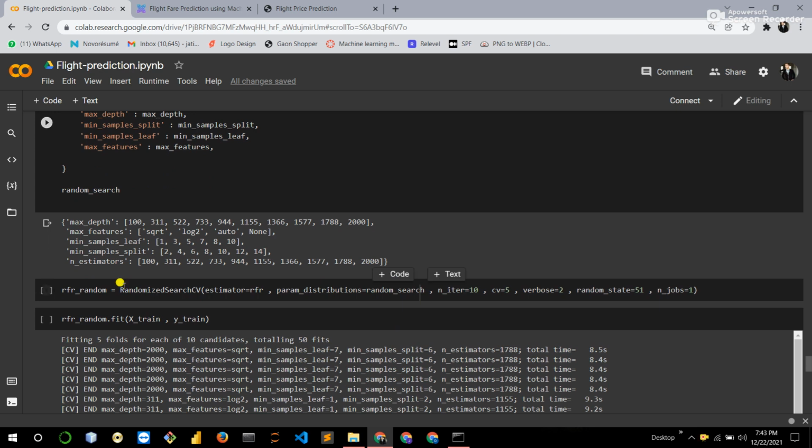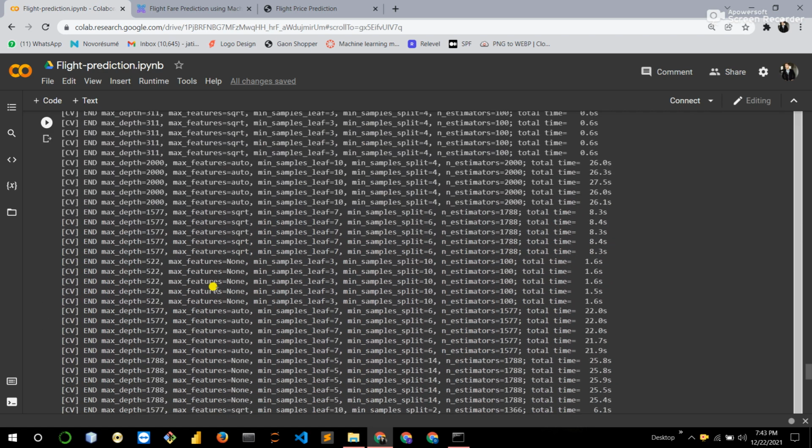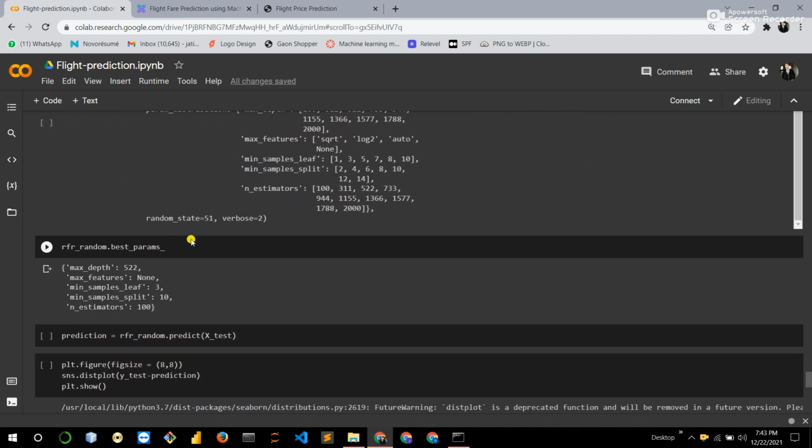Then after that we define the randomized search CV, which helps us to perform the hyperparameter tuning and fine tune the model, which takes some parameters like estimator, param distribution, n_iter, CV, verbose, random state, and n_jobs, etc. Then after that, train the model with the training data set. After training the model, this is our best parameters with the help of which we got a better accuracy.